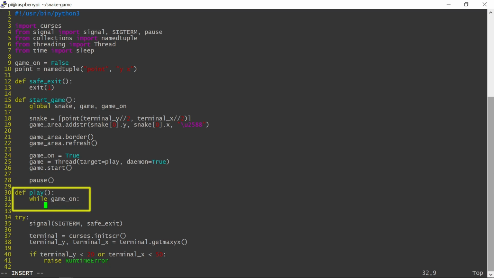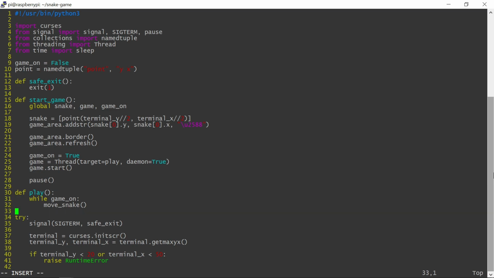I could place most of the remaining code inside the play function, but it would be rather big, making it hard to understand and maintain. Instead, I will split it into a number of logical sections responsible for functionality such as moving the snake and maintaining the score display. For example, the snake movement code will go into a function called moveSnake.